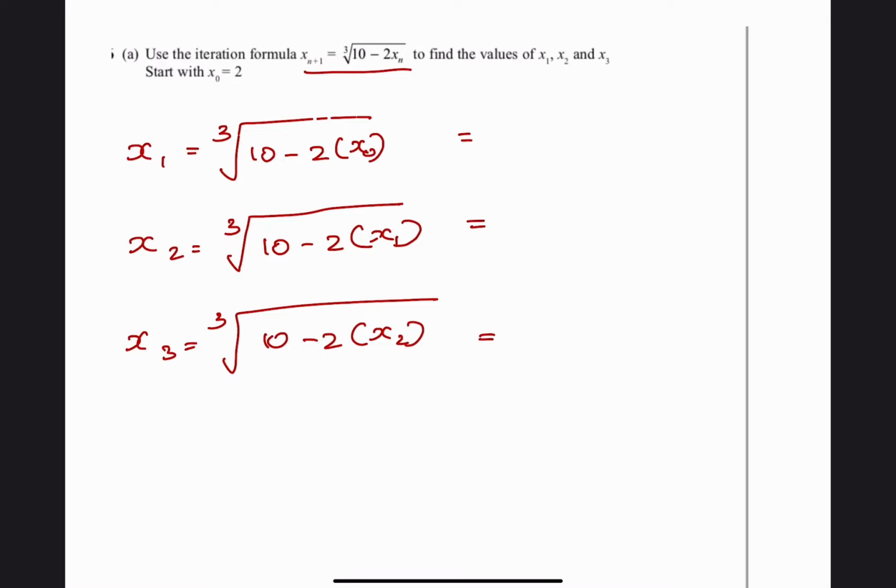Okay, all I got to do, I need to type what number, x naught first. Remember, x naught is what? 2. So I put 2 in my calculator, and press the answer key. And then I will write cube root of 10 minus 2 bracket answer, and you press the equal sign. If I press the equal sign, it will give me the answer for x1. It will give me x1, which is actually what,